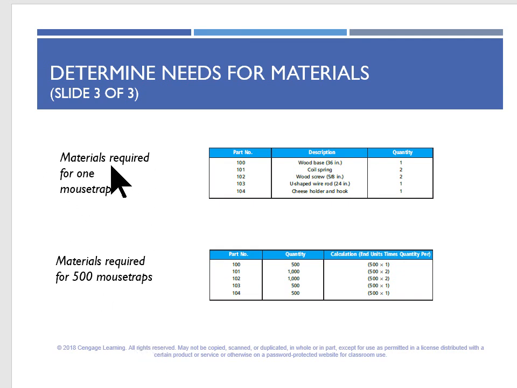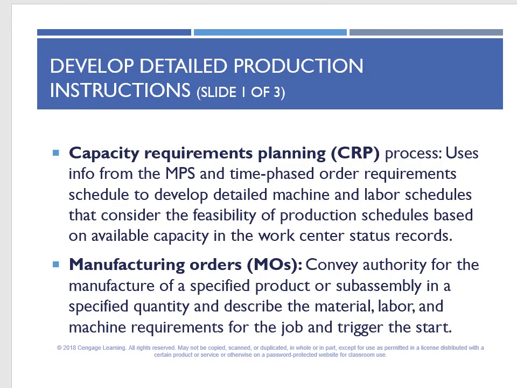So this exploding process: here is the bill of material to produce one mousetrap, and then what will happen if we multiply every item here by 500 to get all the material required for producing 500 mousetraps. Of course, there is also